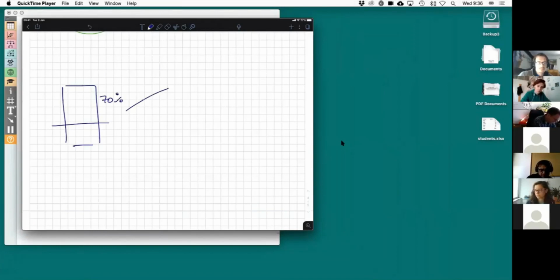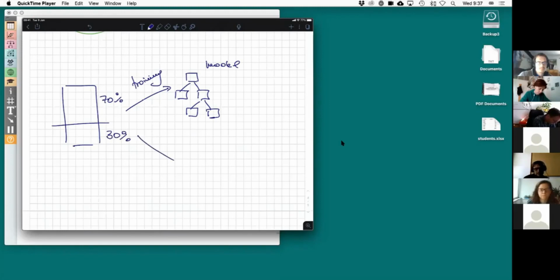I'm going to build a tree, so I'm going to build my model on the 70% of the data. So training. And then I'm going to take the remaining 30% of the data and test it. So test. And then I'm going to report classification accuracy, or any kind of accuracy, measured on the test data. So I'm never going to use my training data for any kind of testing, okay?